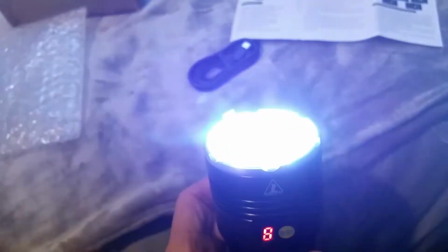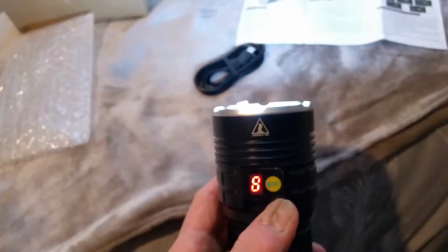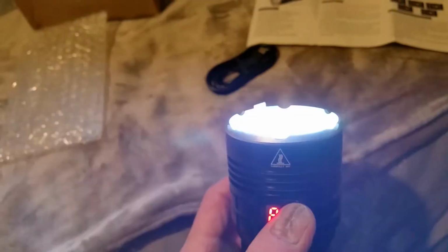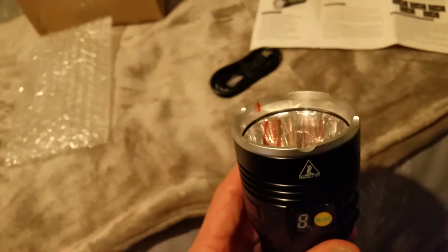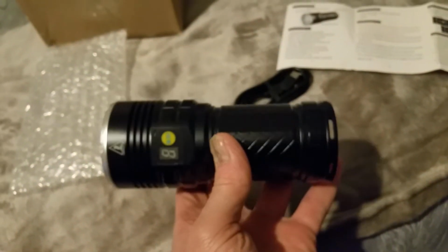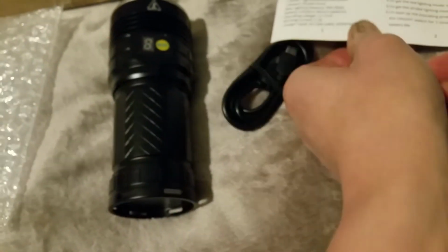And now you can see a flashing. So that's a strobe effect. And then if you press that once, it'll go back to full power and then turn off. So it's easy to use, it's high quality. Let's have an idea of what's the weight of it. According to this,